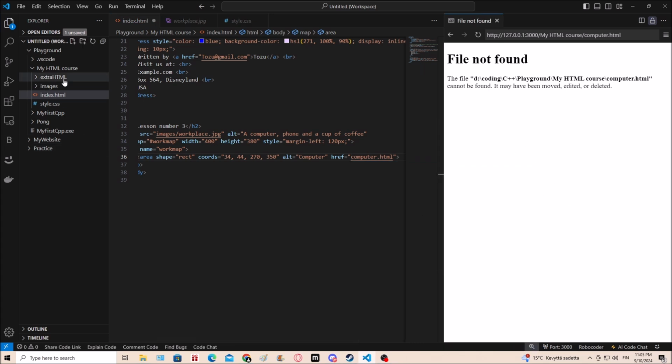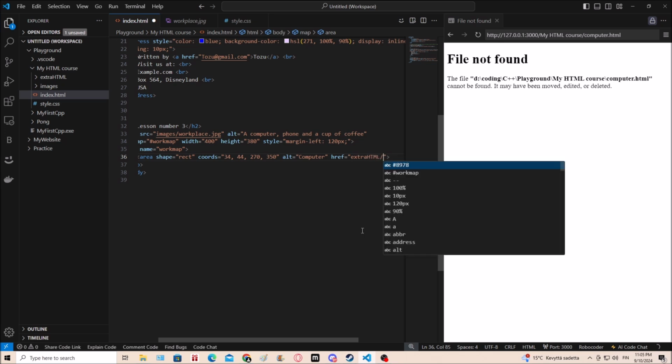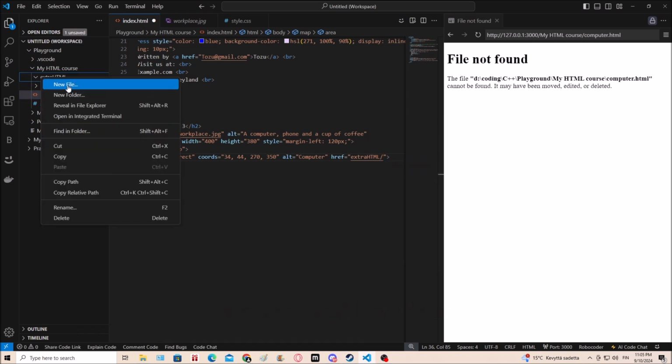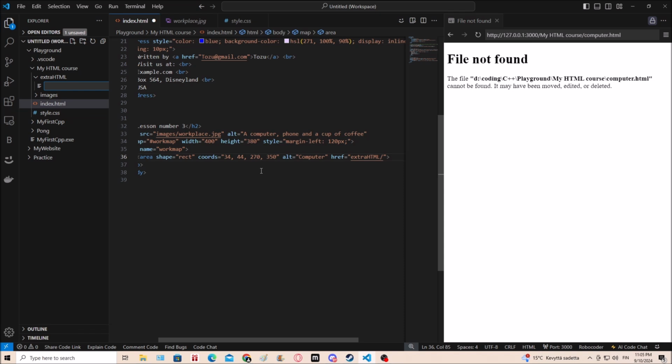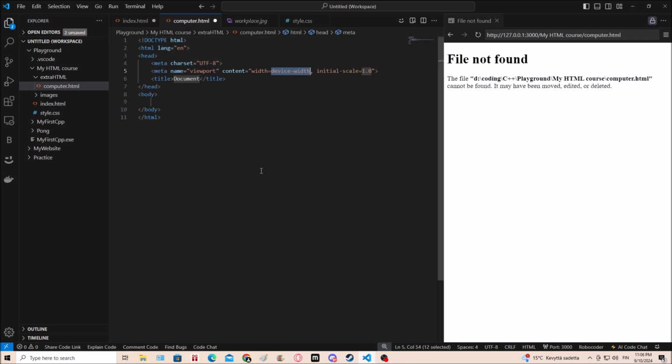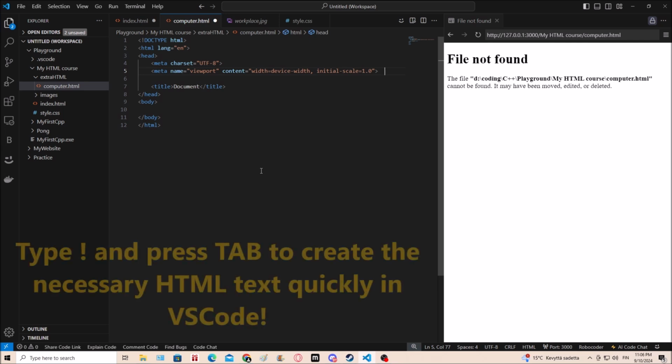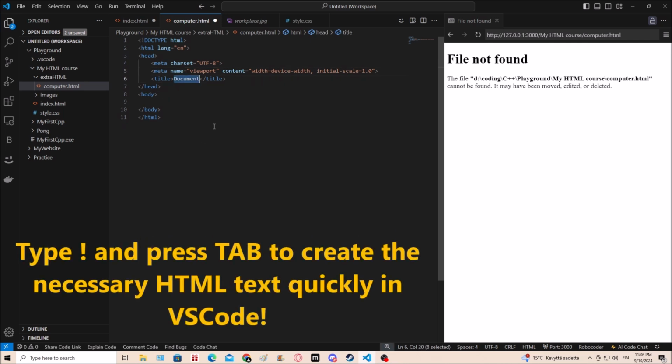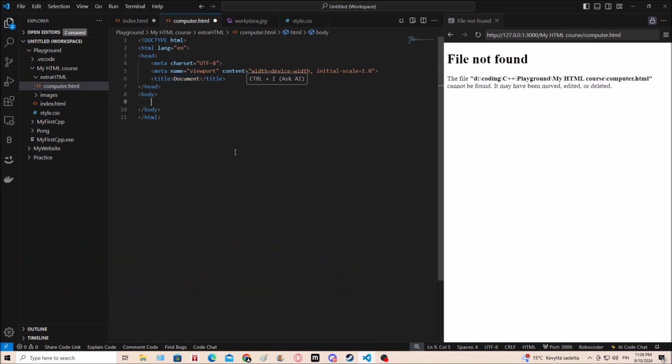So now that I have the folder created, I'm gonna go to my href attribute. Href means the location. So I'm gonna add extra HTML slash, and then we gotta make a file inside of here, and that's gonna be called computer.html. Let's use an exclamation mark and press tab to just quickly generate the necessary HTML code, and let's just